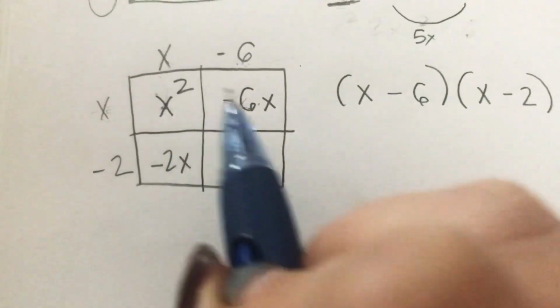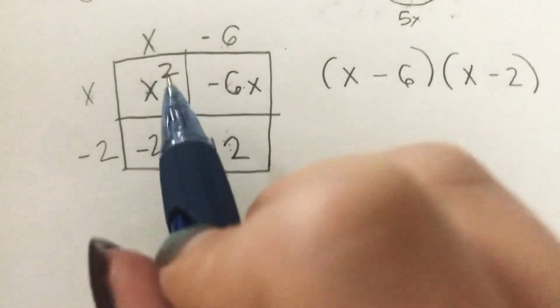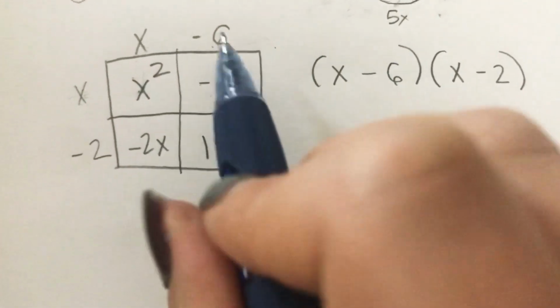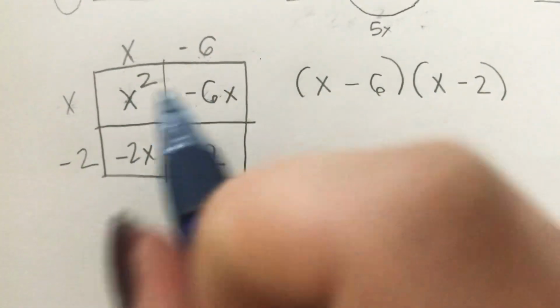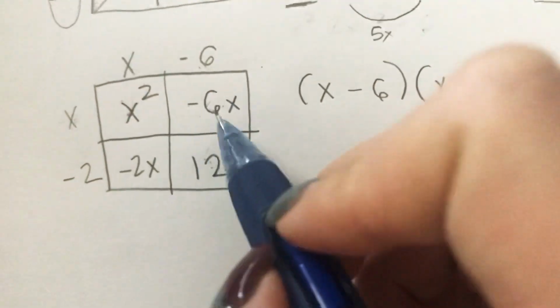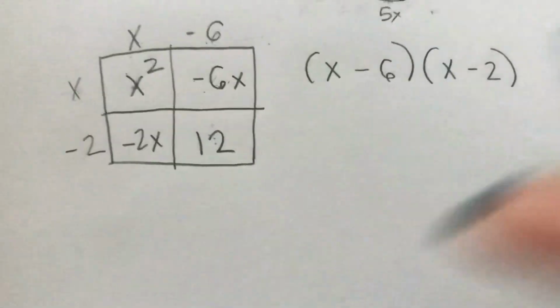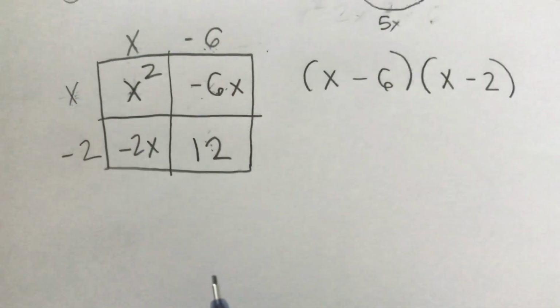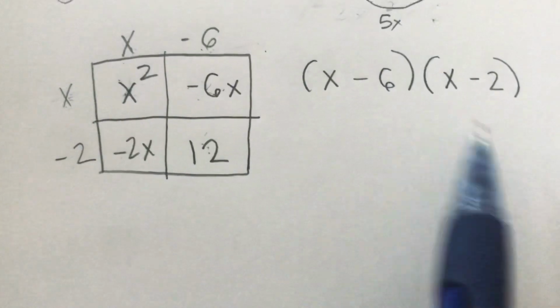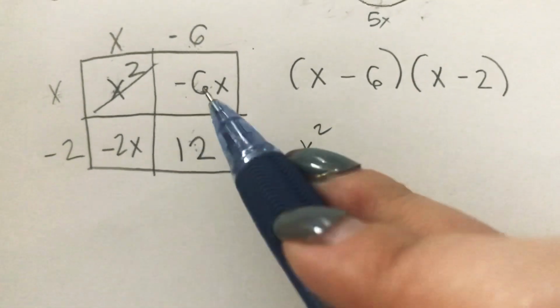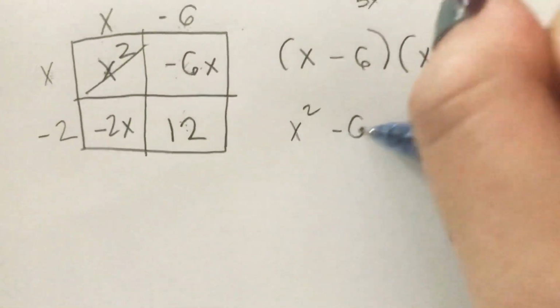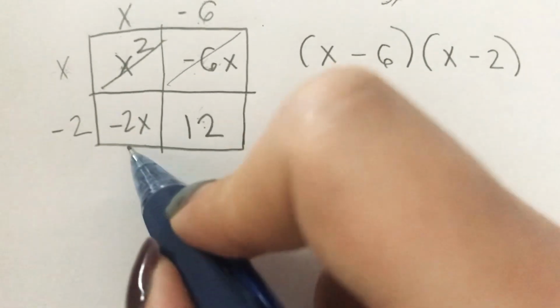So again, keep in mind, to fill in these empty squares, I had to multiply the values that the box was underneath and next to. My last step to get my quadratic in standard form here is to add my like terms and write this out as a complete quadratic in standard form. So I'm going to list all of my terms that are in the box here, and then we're going to see how we can combine and simplify it. So I have an x squared. I wrote it down, so I'm crossing it out. I have a -6x, so I'm writing that down, crossing it out,